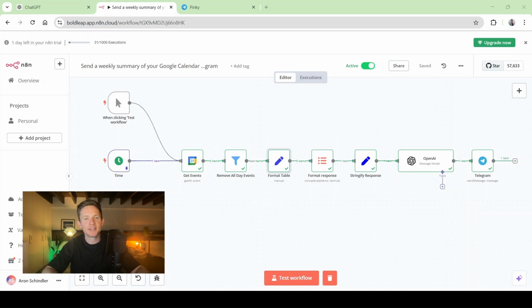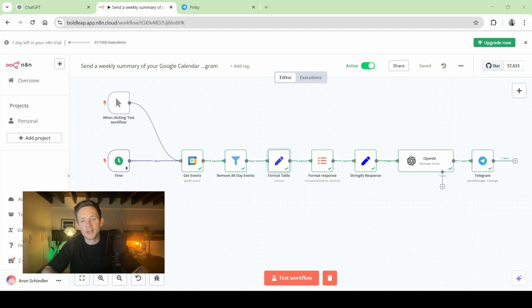Hey guys, today I have another easy AI automation tutorial for you. Check it out. This tutorial will show you how to create an AI bot that once a week takes all your calendar invites and sends you an overview, basically a reminder to your messaging app or email, so that come Sunday night, for example, you will get into your inbox a nice overview of all the upcoming events that you